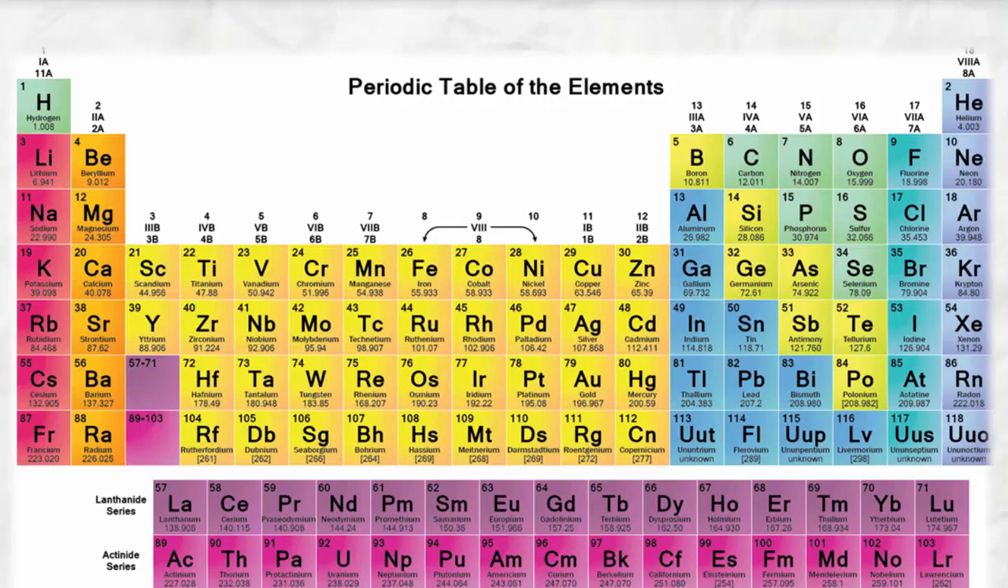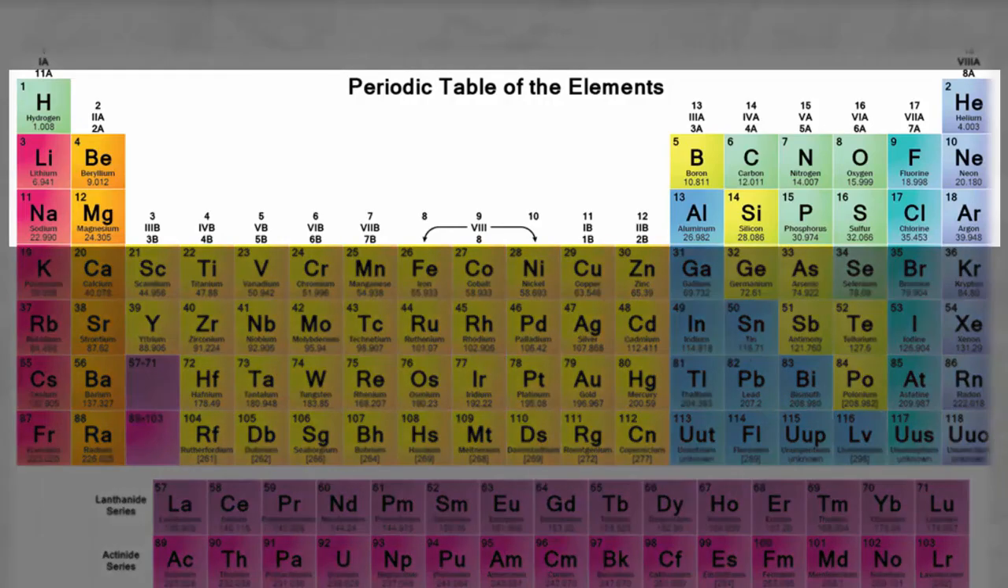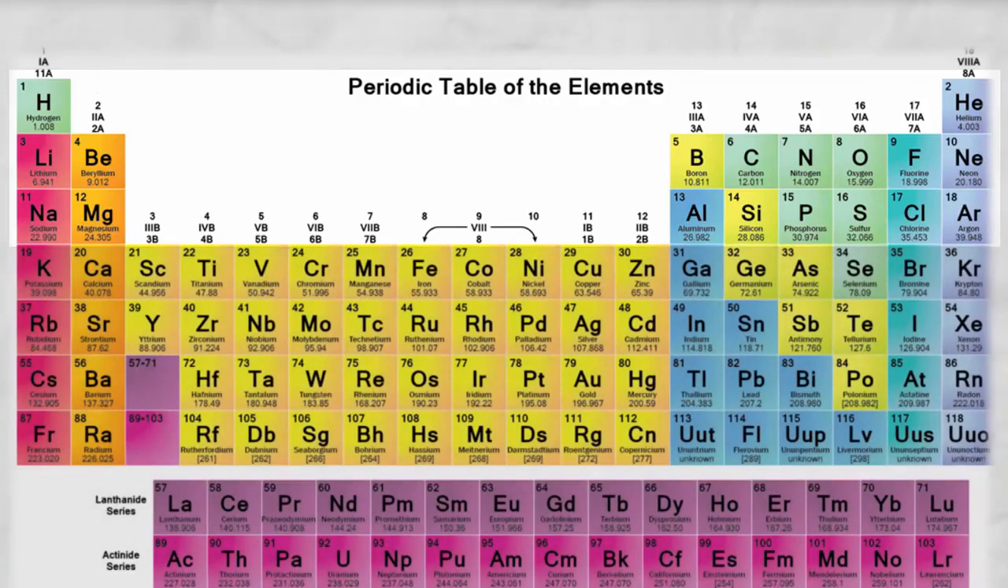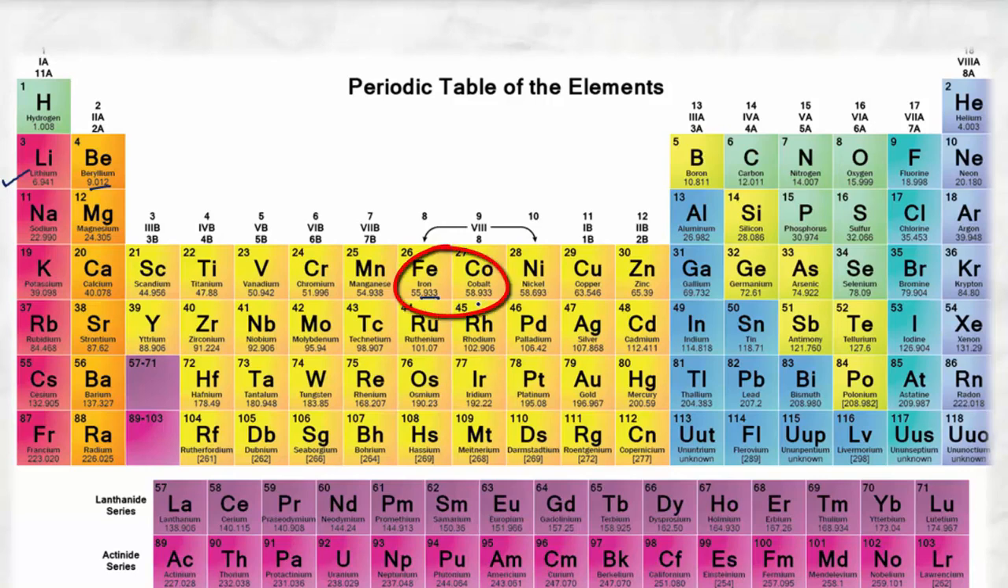Now let us observe the atomic masses of the elements. Hydrogen has 1.008 as the atomic mass, whereas helium, which is the very next element, has the atomic mass of 4.003. Lithium has 6.941, beryllium 9.012 and boron 10.811. If you take any two elements from the list, like for example iron and cobalt, iron has 55.933 whereas cobalt has